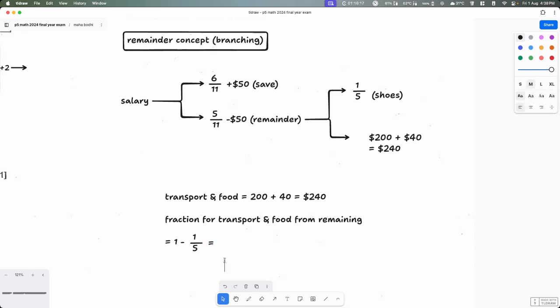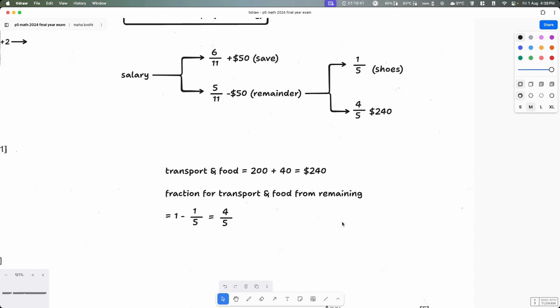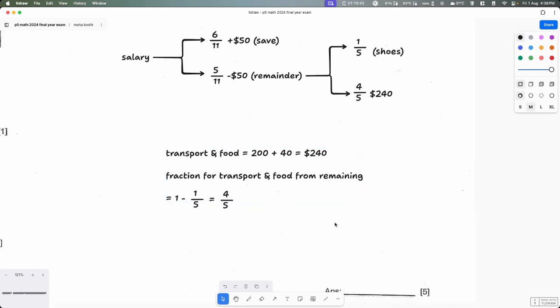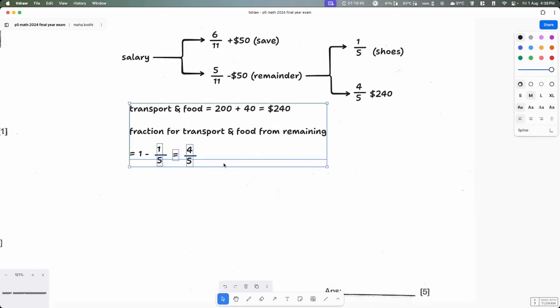4 over 5. So let me just grab this, and then here as 4 over 5. At the same time, I also want to put this part here: 4 over 5 is $240. So now you can do a couple of things. In this case, what I'm going to do is convert into